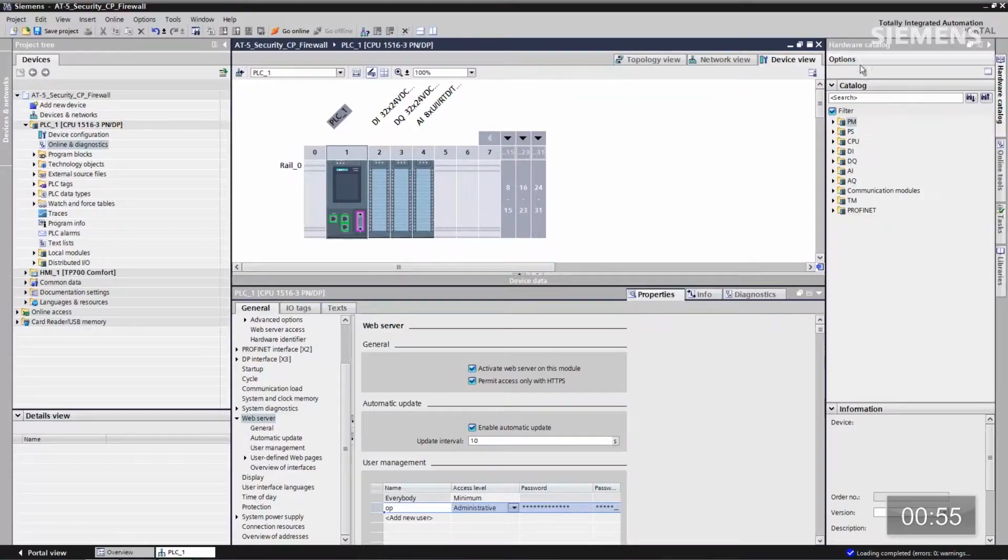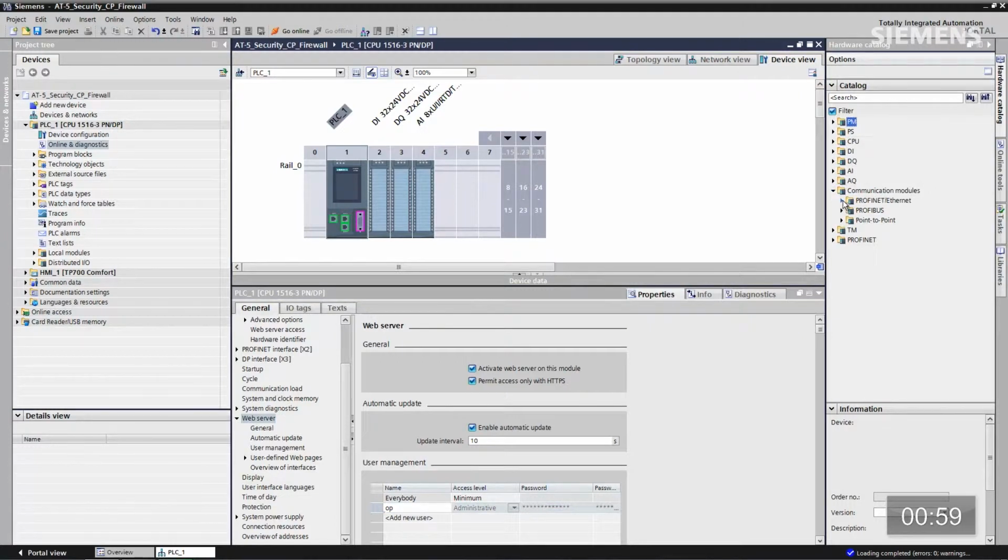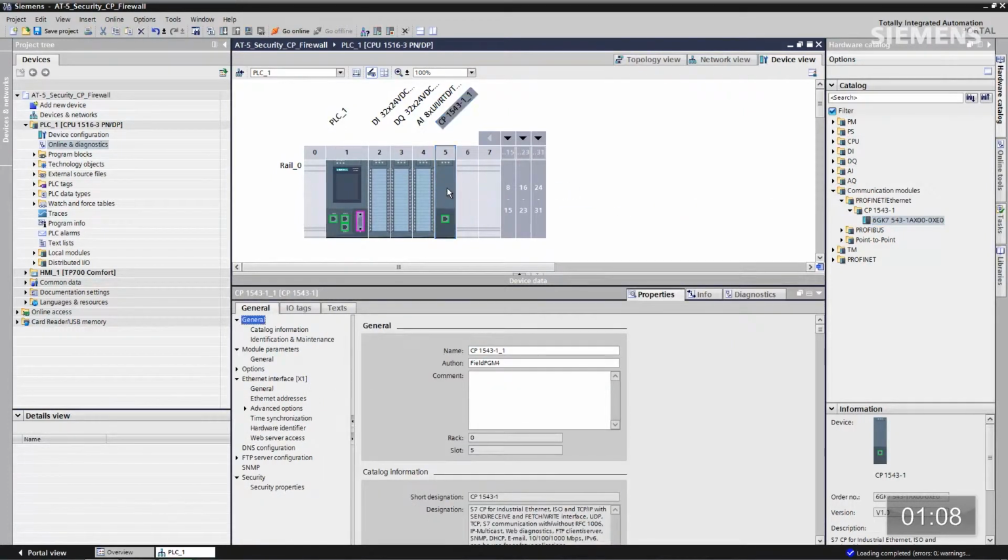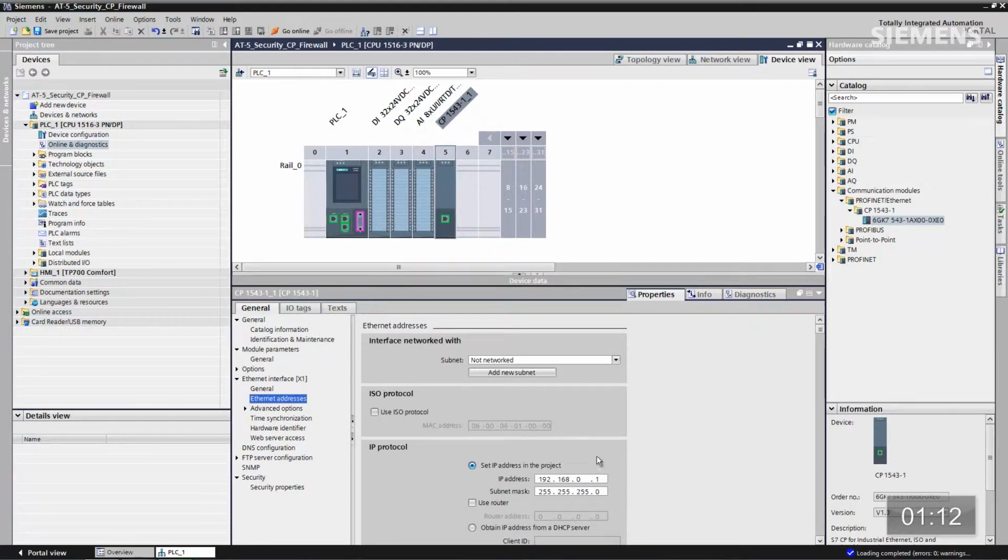How about this actual CP? Let's give focus over here to the hardware catalog, and you'll find the communication modules. Navigate down to Profinet Ethernet, and then there's the CP itself. Let's give focus to it, and let's drag and drop it into the project. Now, let me double click on him, go to his properties. I want to set his Ethernet address to a different subnet. I'm going to make it